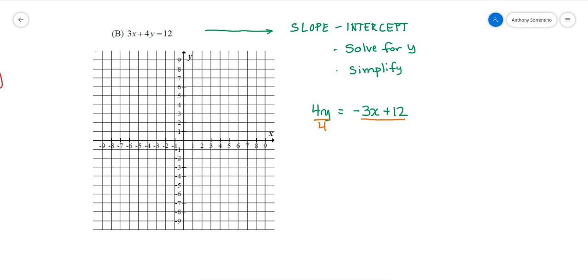I have to remember, though, that essentially I am dividing this entire quantity by 4. And since it has two terms, both terms need to be divided by that 4. So y is going to be negative 3/4 x plus 3. And now that's in slope-intercept form,